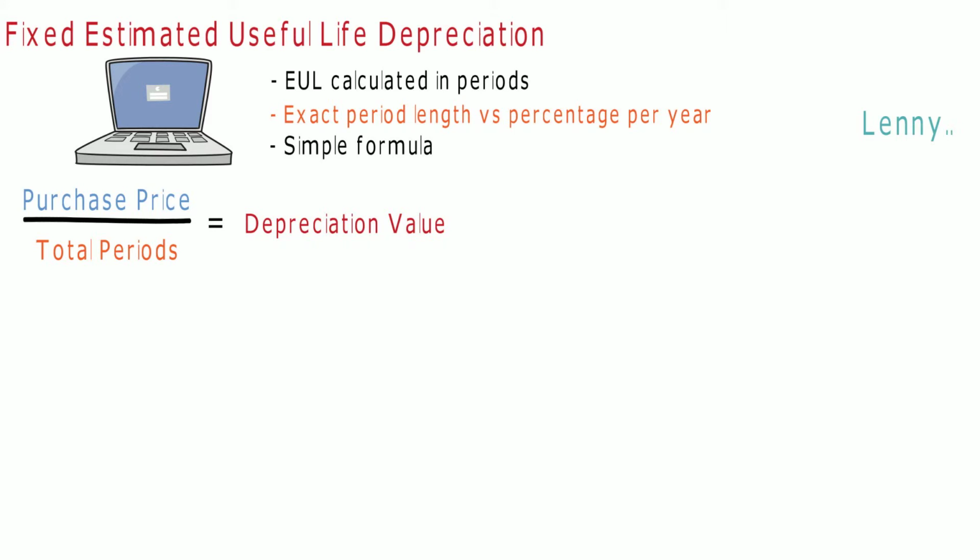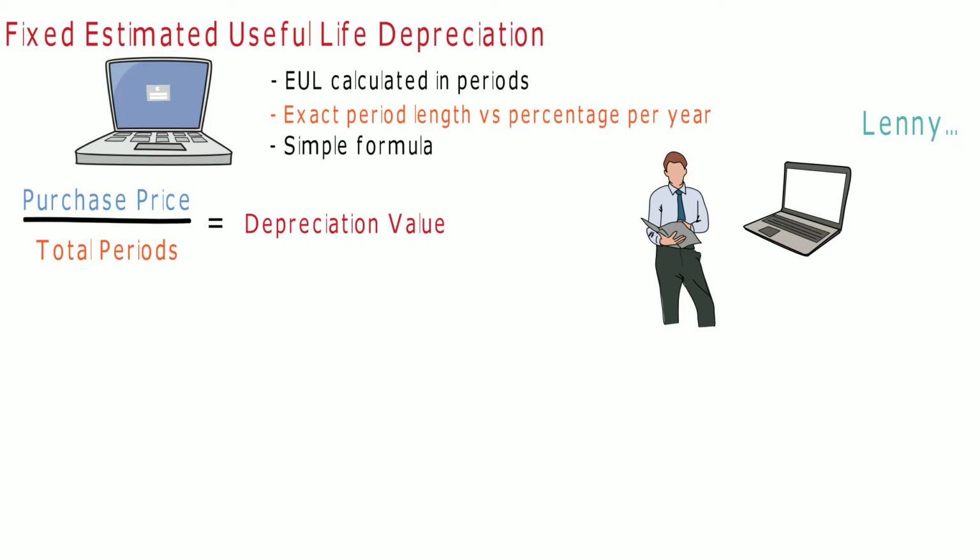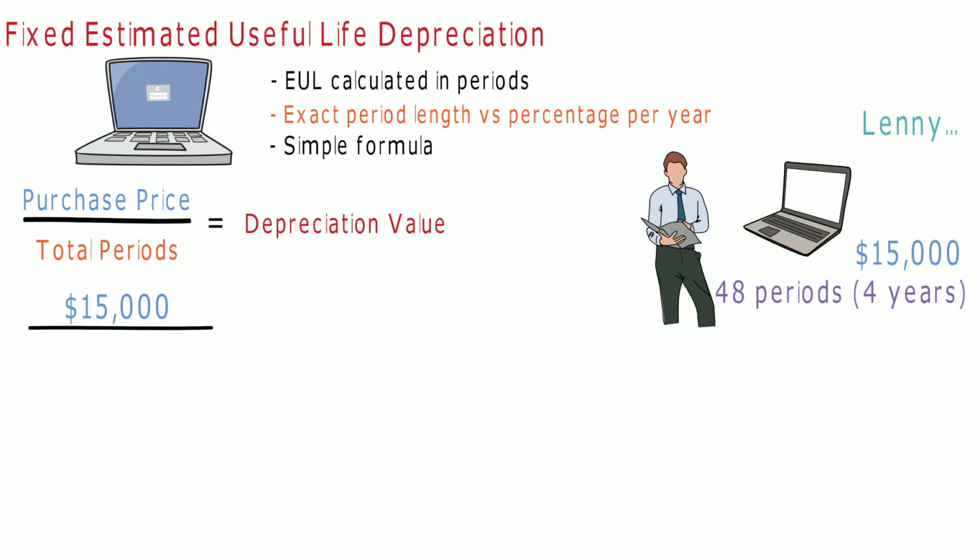Lenny's company recently set up a computer system for their distribution warehouse. The computers cost the company $15,000, and based on the advancement of technology, he estimates that the computers will be obsolete in 4 years or 48 periods' time. So the asset's purchase price divided by the asset's total EUL will give us a depreciation value of